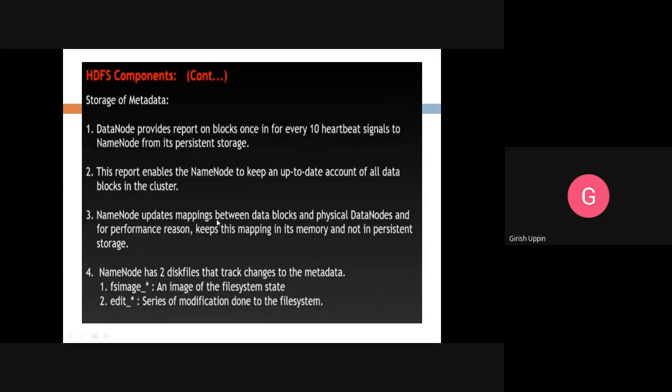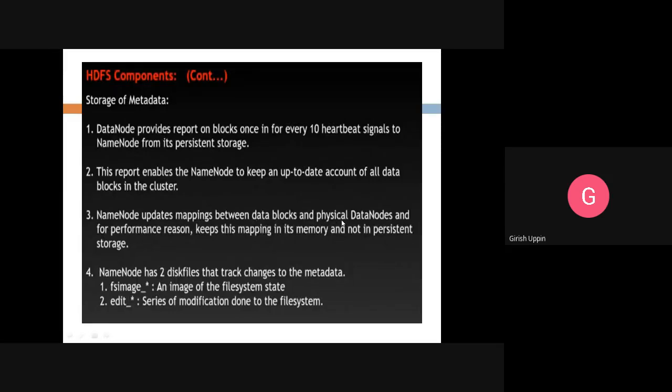The name node updates mappings between data blocks and physical data nodes, and for performance reasons keeps this mapping in its memory and not in persistent storage. As I told you, the name node keeps the mappings between the data blocks and the physical data nodes.